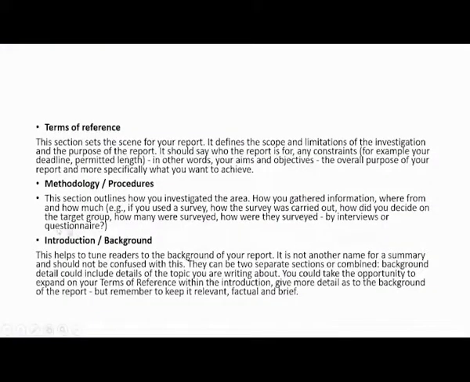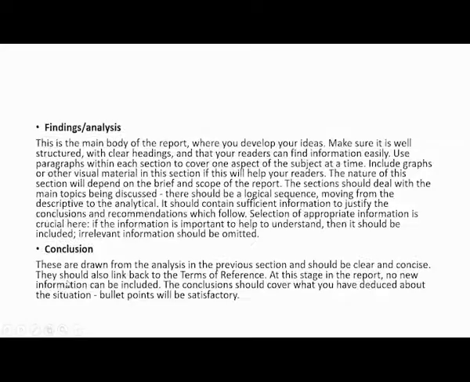Okay, findings and analysis. This is data presentation. You are now presenting the information or the facts that you were researching on. Like here on the methodology, it is the questionnaires and or the interview. So the information, the data that you gathered when you went on and now quantified your questionnaires or the interviews, this is what you are going to put here on the fact finding. So this is data presentation.